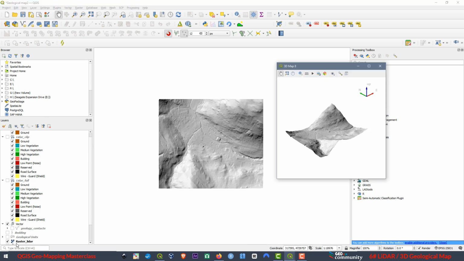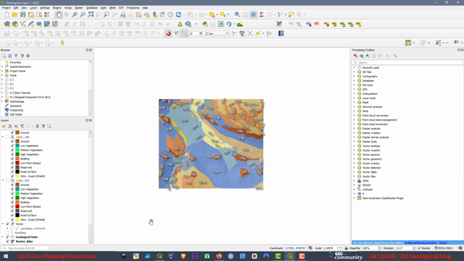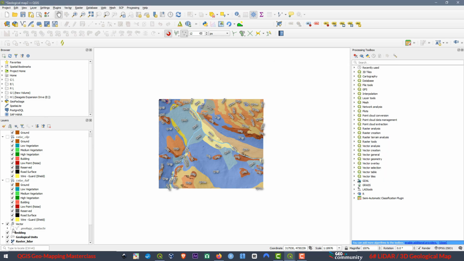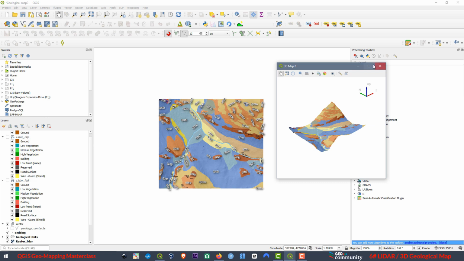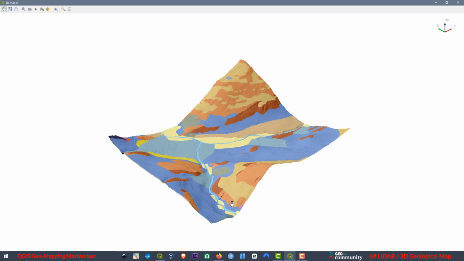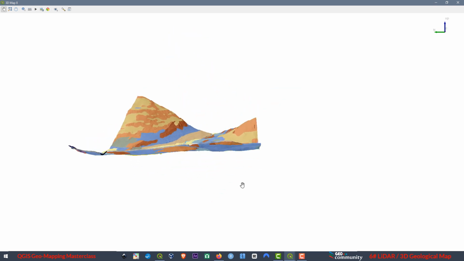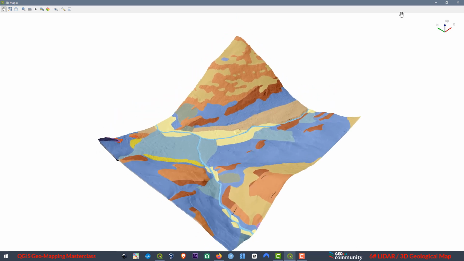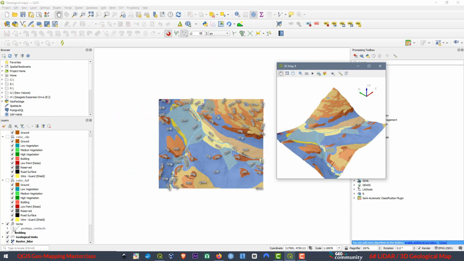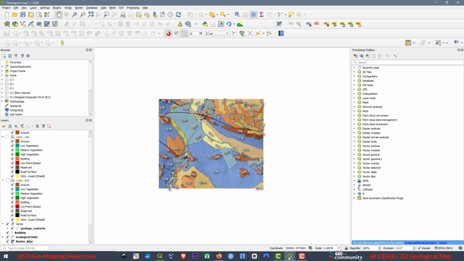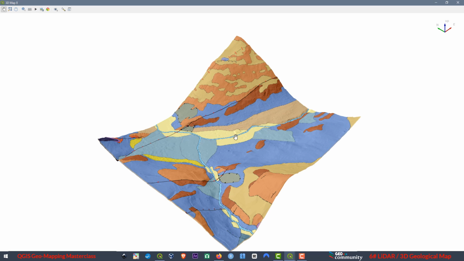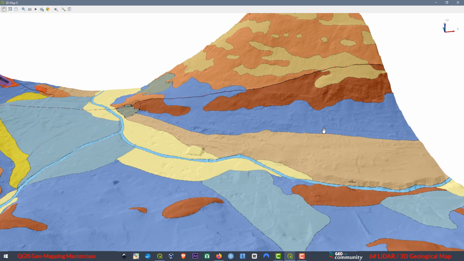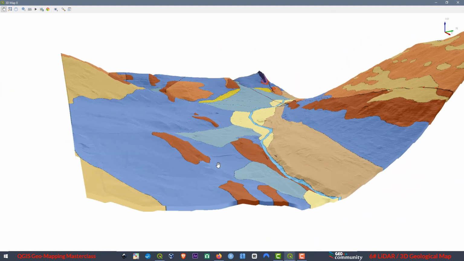We are here, and now we are going to mark this one. Also this one. Let's see if everything is correct until this point. As you can see, it is good. And now we want to add the geological context. Then we want to mark this one and see if everything is working properly. As you can see, everything is okay. Now we can see the geological model in 3 dimensions,